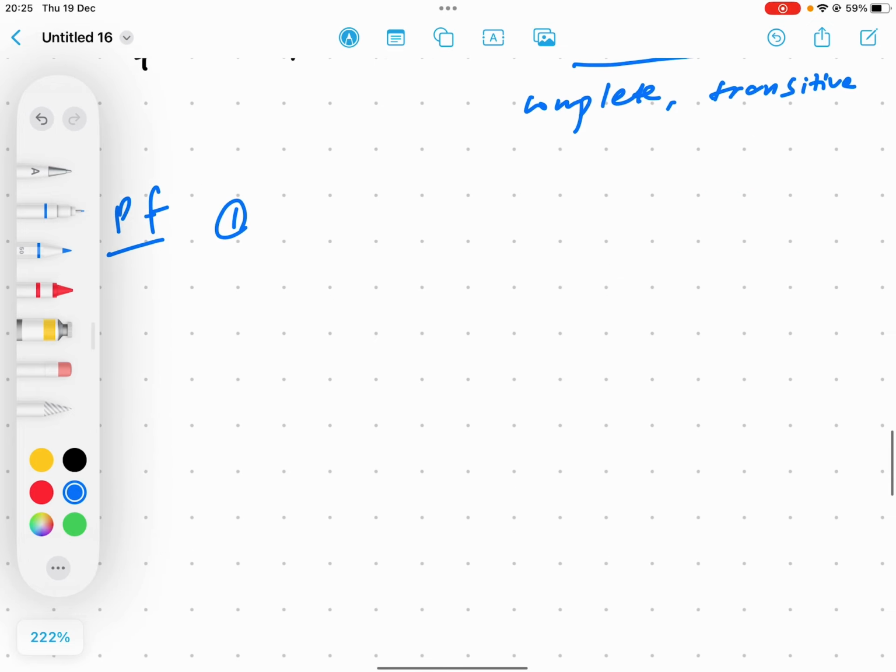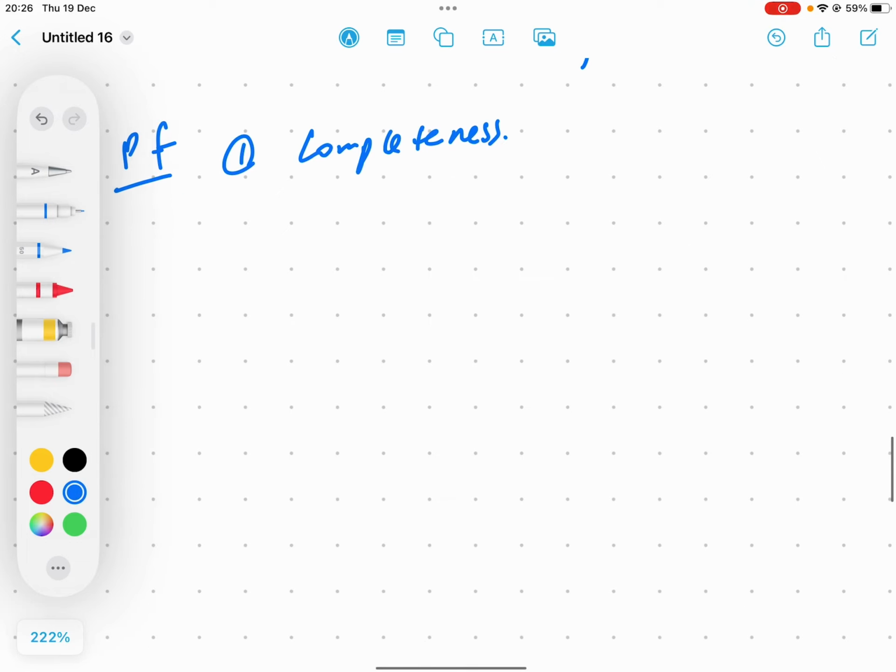First one will be the completeness. So now we suppose that u is already some real-valued function defined on X, and then we want to show that this preference relation is complete. So how do we show that? As we just said, given that u is some real-valued function,